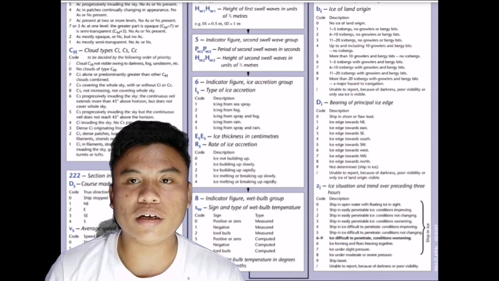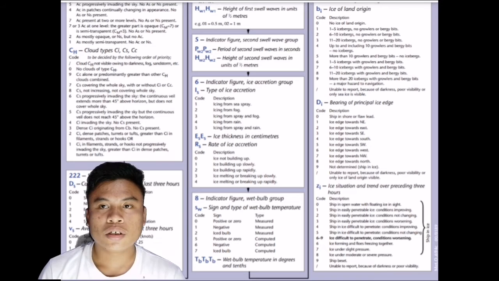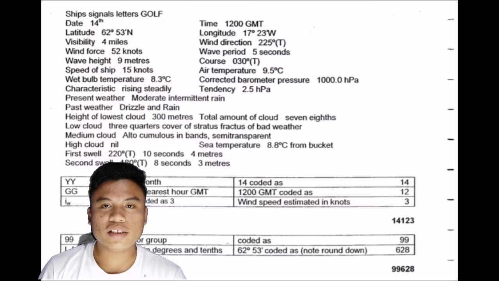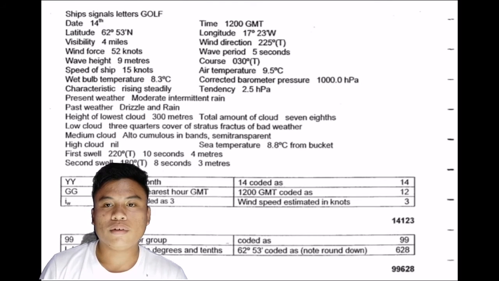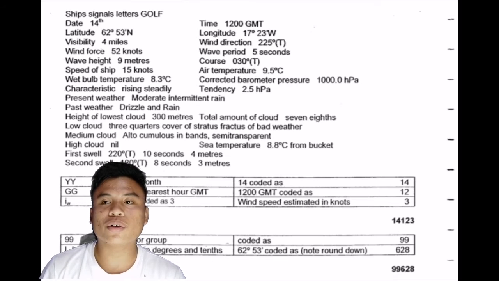DI would be the bearing of principal ice edge, and ZI will be the ice situation and tend over preceding 3 hours. So this is an example of decoding messages. As you can see, the day is coded as 14, 12 hours GMT coded as 12, and the wind speed estimated in knots is 3. So if we combine these 3, we get 14, 12, and 3. That's how you decode or code